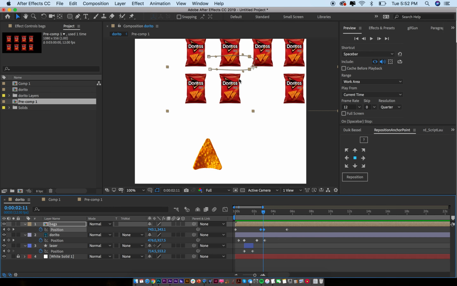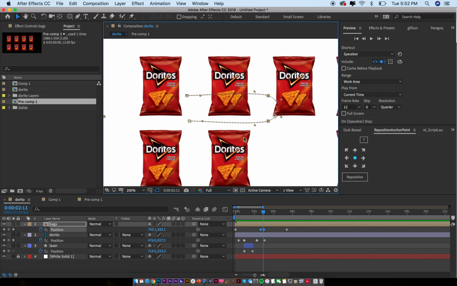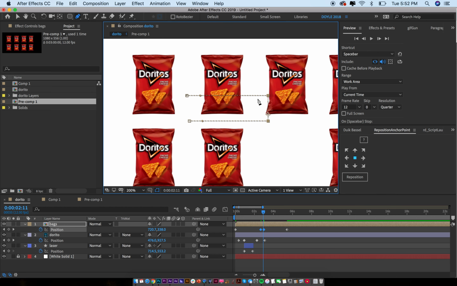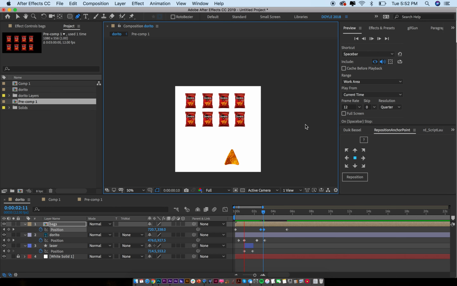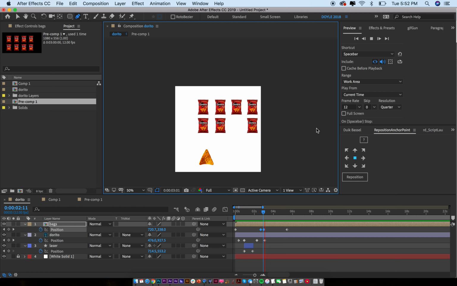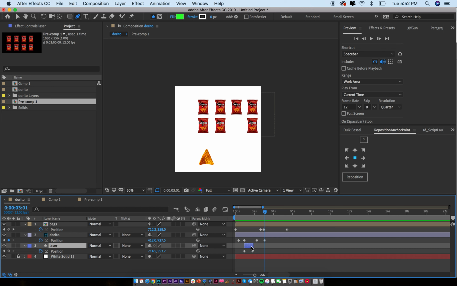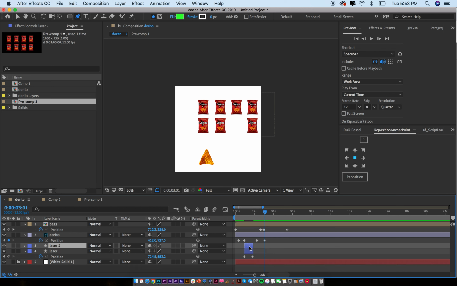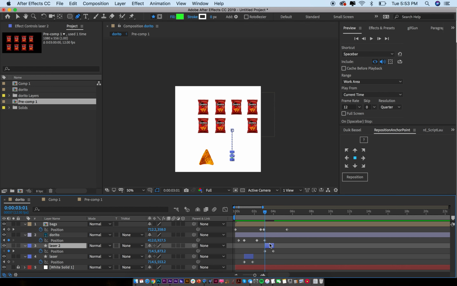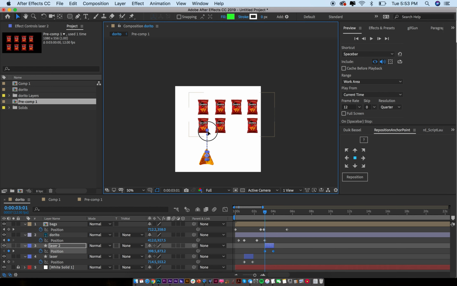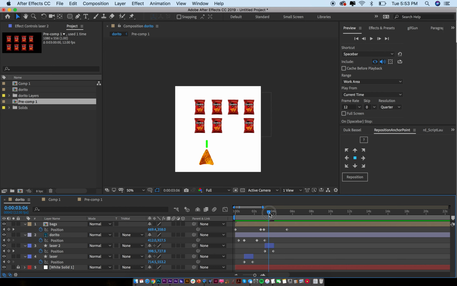Sometimes it does that. So if I had the pen tool, hit G, if I just get this anchor, if I roll over this and click this, it'll get rid of that curve. So let's see, moves over, gets rid of it, moves over. So once it's here, the Doritos are moving. I'll have another one, another laser. So I duplicate it, Command D, move it over, and then if I hit P, grab the position, and I dragged it to there. Now it's going to fire again,